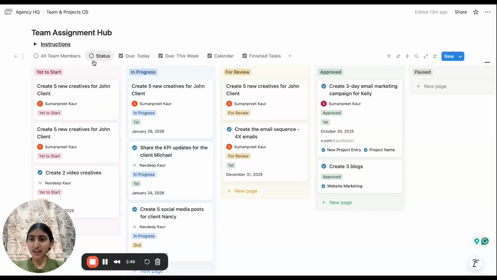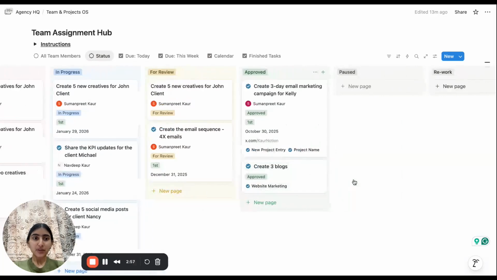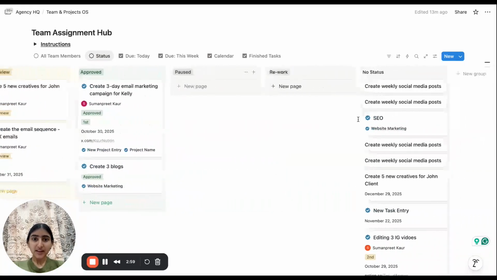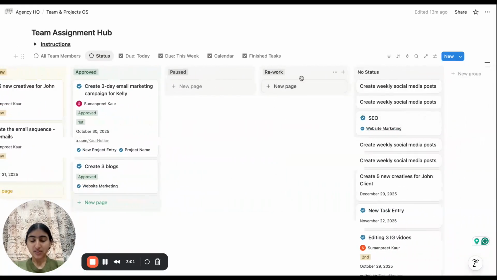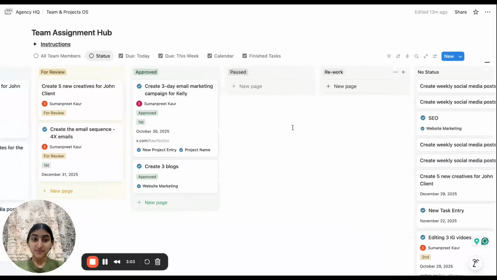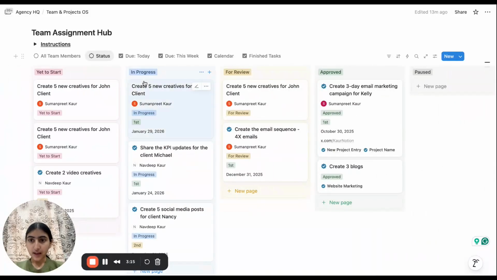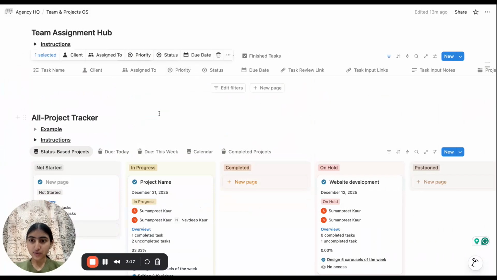Then you can see all of the tasks under different statuses, like tasks which are yet to start, in progress, for review, approved, paused, and any tasks which need rework. After that, the next view shows you the tasks which have a due date today.